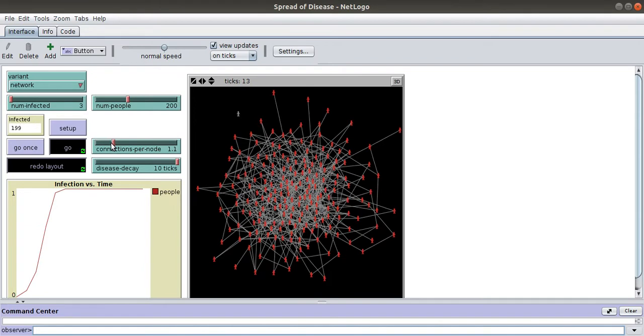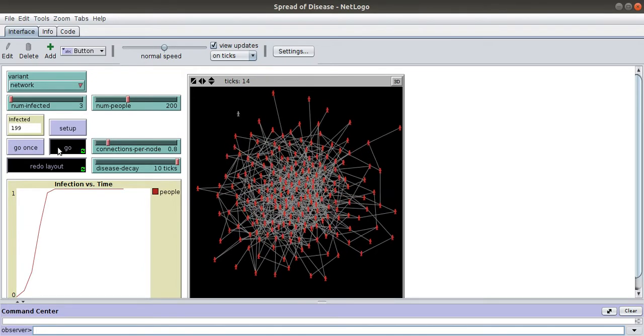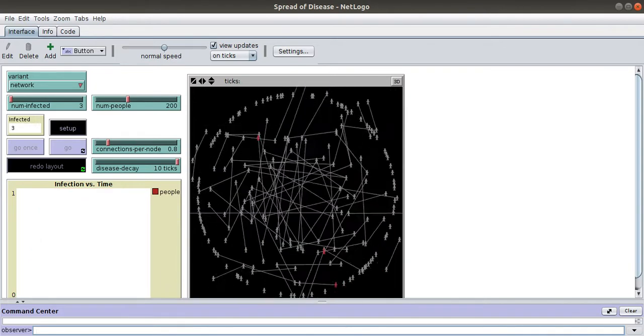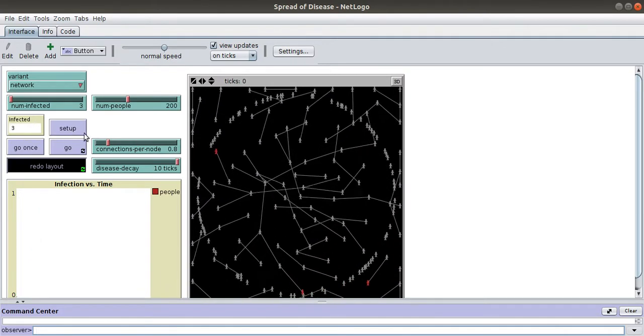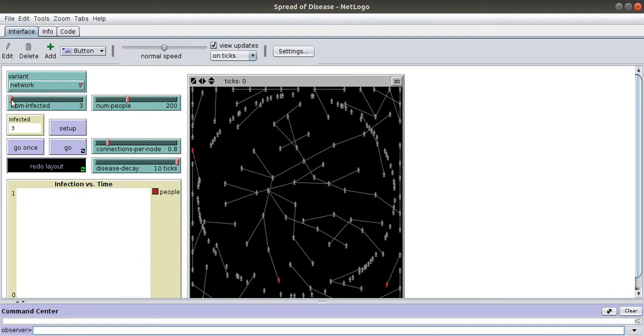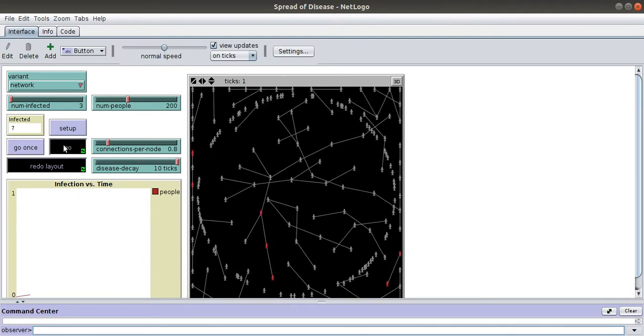That means if your average connection to other people is less than 1, say 0.8, let's make that network. So the network itself is very sparse, and the initial number of people who are infected is the same as that of before. Now executing or simulating,